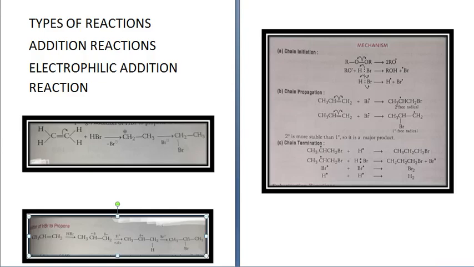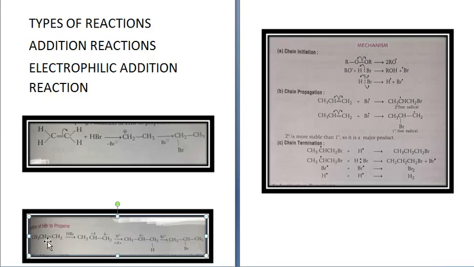Now let's first see addition of HBr to ethene. Ethene formula is CH2 double bond CH2. When HBr attaches to it, first what happens, to one carbon hydrogen gets attached, so the other carbon gets a slightly positive charge, so it becomes CH2 CH3, and this CH2, the carbon over here, gets a positive charge. Now this positive charge attracts the negative charge of bromide ion, and bromine gets attached to this and it becomes CH3 CH2 Br.